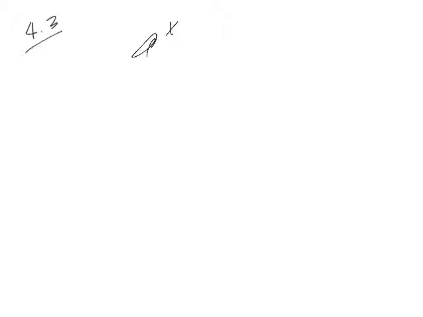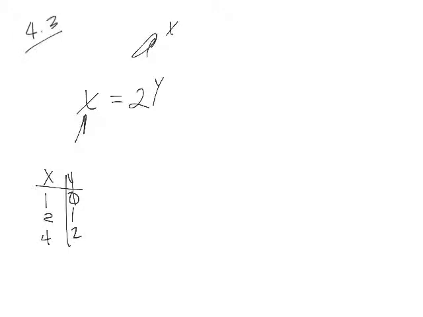So if we have something like x equals 2 to the y power, in order to graph this, all we have to do is plug a number in for y and it'll kick out an x. So we just use our little table there and we plug in 0 for y and it gives us a 1 for x. We put a 1 in for y, it gives us a 2 for x. We put a 2 in for y, it gives us a 4 for x. So we can put all those together and graph, and we end up with a graph that looks like